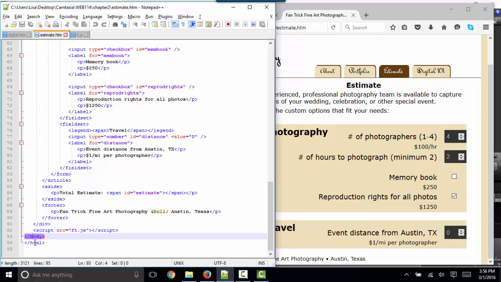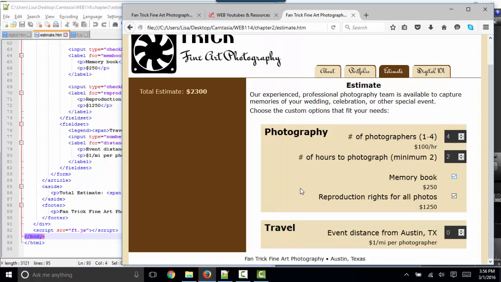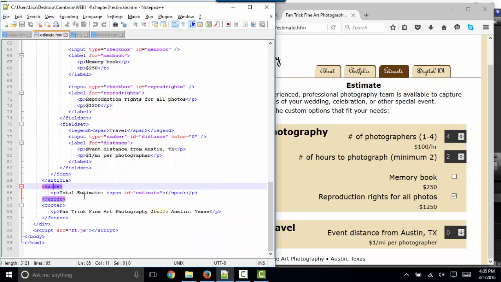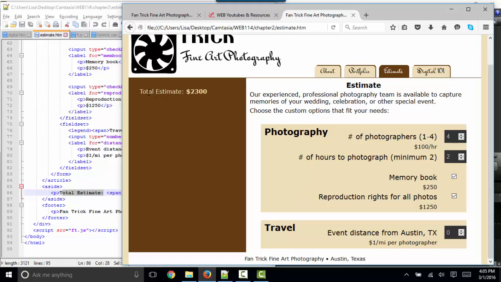And that's the appropriate place to load this JavaScript because after all, we don't need it until after the page loads, when the user can see the entire page and then start interacting with the page to see their total estimate change. Let's look and see what the total estimate element is. If we were to find that total estimate in our HTML, we would find it inside this aside, which is located right before the footer. I want you to pay attention to the ID on this area. So we've got a span here, meaning that we've got an inline element with an ID of estimate, and it's right after this text total estimate, which is positioned right here on our web page,